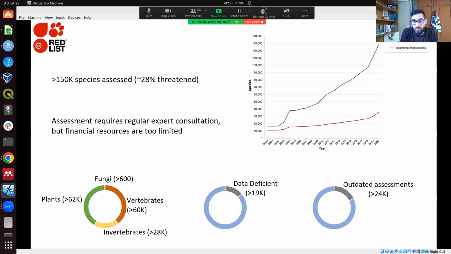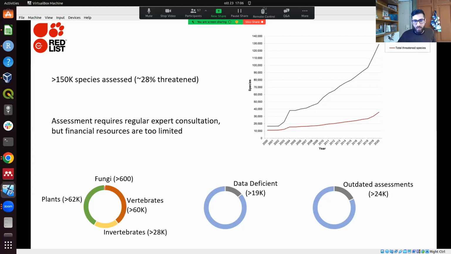The first one is that many species are data deficient, meaning that we don't know what their threat status is. And the other one is that a good amount of species, roughly 15 to 20%, depending on where you look at the Red List, are considered outdated. So their last assessment is older than 10 years,